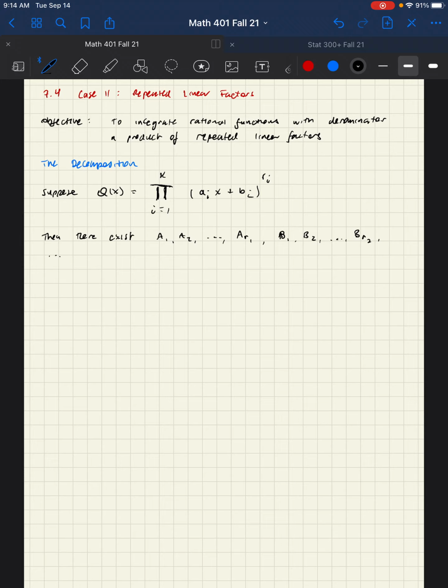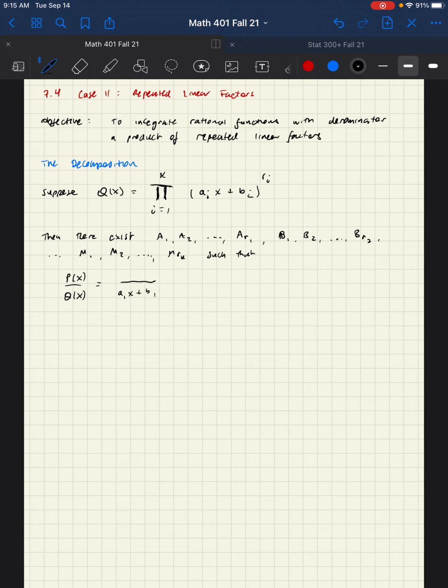So each linear factor that is distinct from each other gets this set of undetermined coefficients, m sub 1, m sub 2, m sub r sub k. So that would be the last set of them, such that this fraction, which is the rational function, can be written as